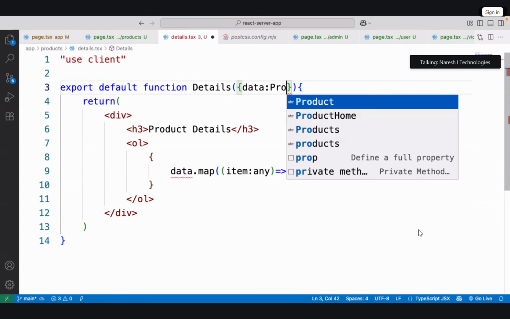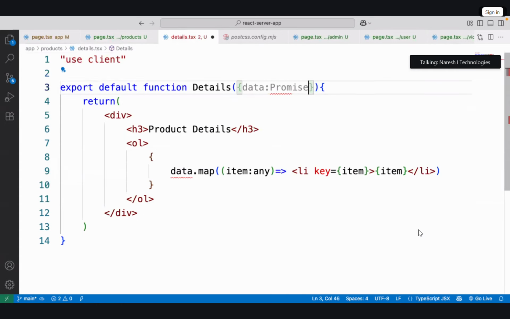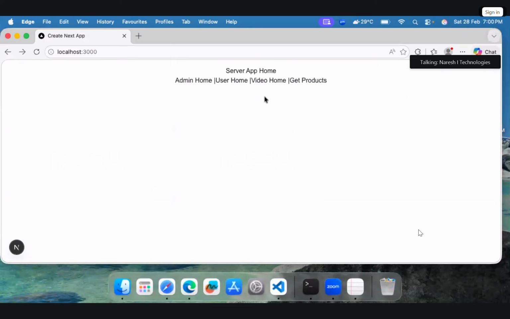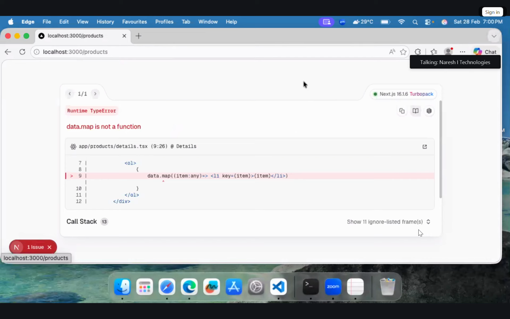So it is a promise type with object, that's also not supported. Okay, I will check once what is the problem here.